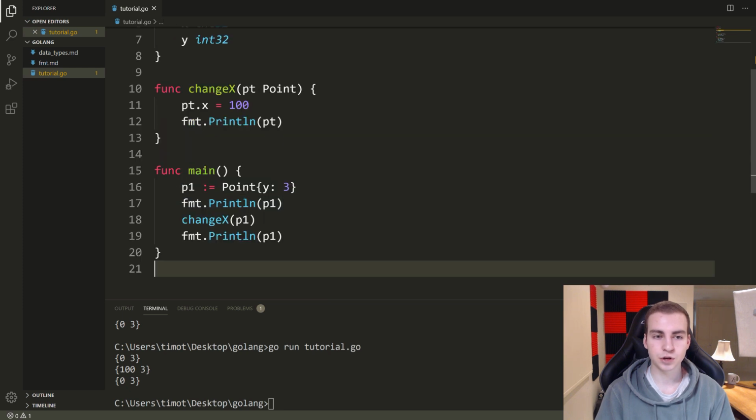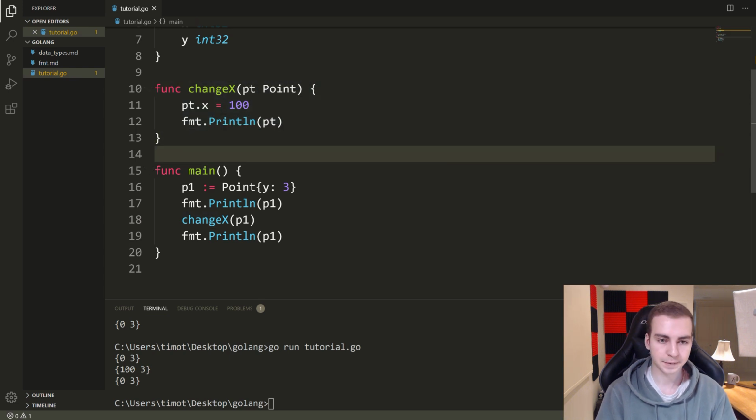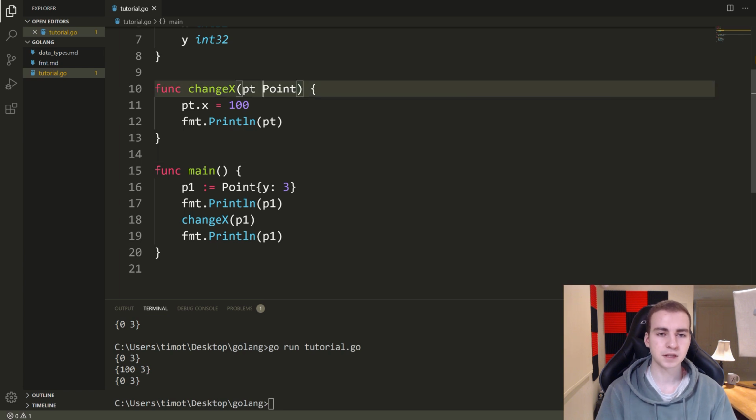There's some cases where you don't want to pass a pointer. You'd rather just have this object make a copy, right? Or you'd have this function make a copy. But in a lot of situations, you do want to pass the pointer. And when you're passing the pointer, you do the same thing, right? You put an asterisk here to define you're getting a pointer, not the actual value,